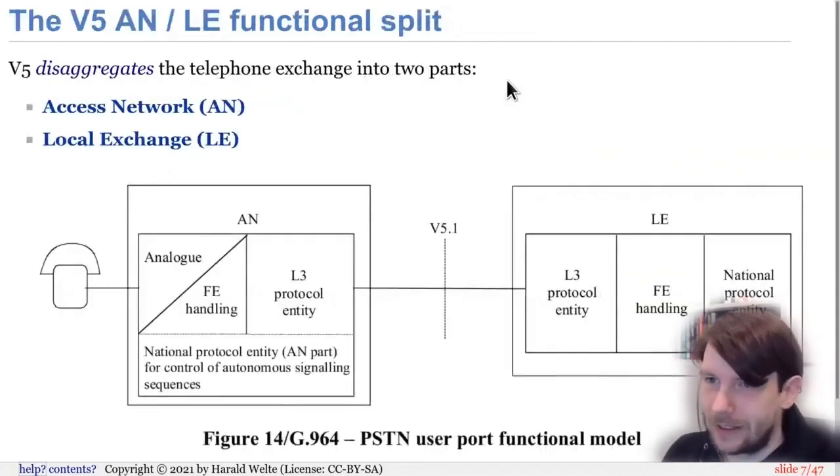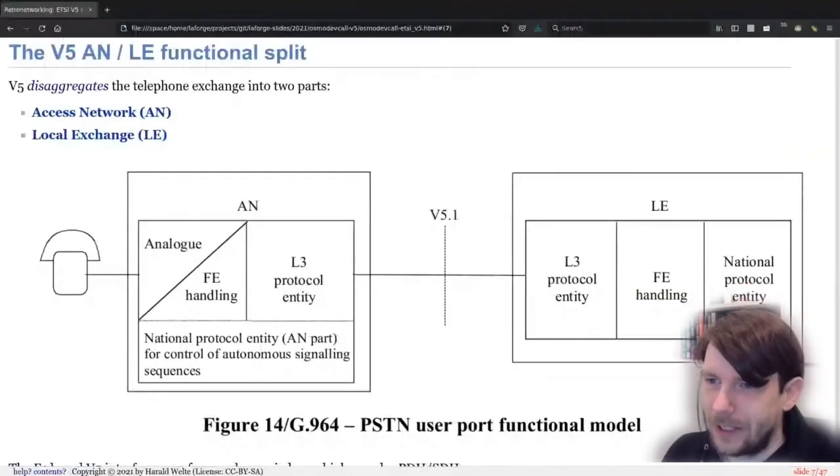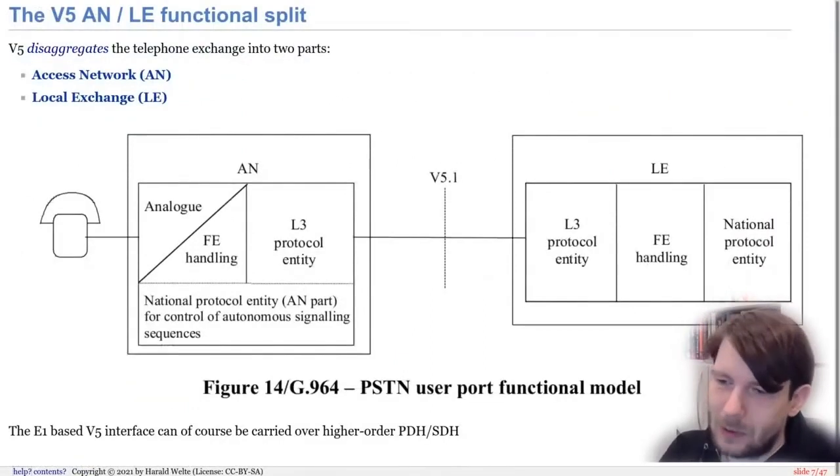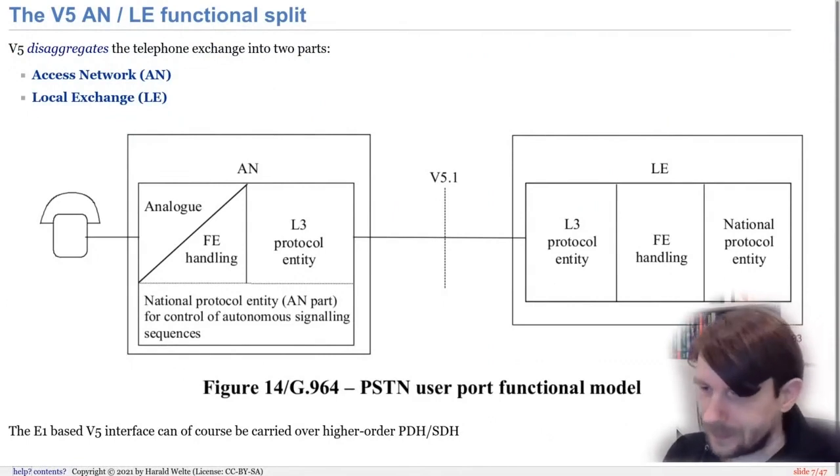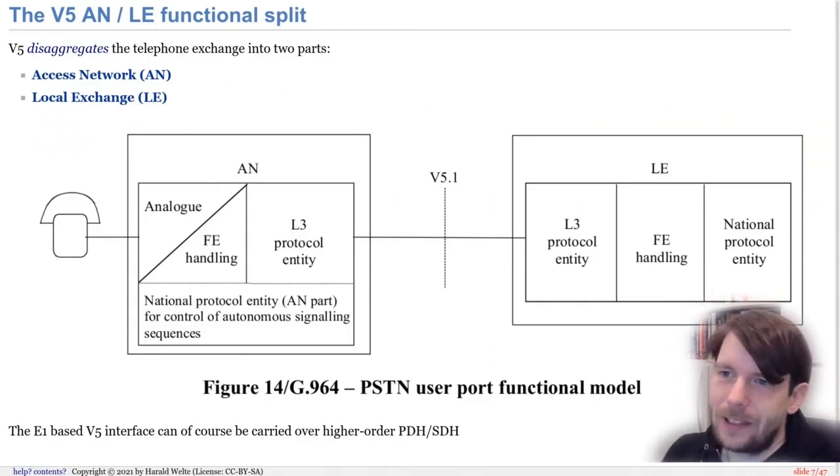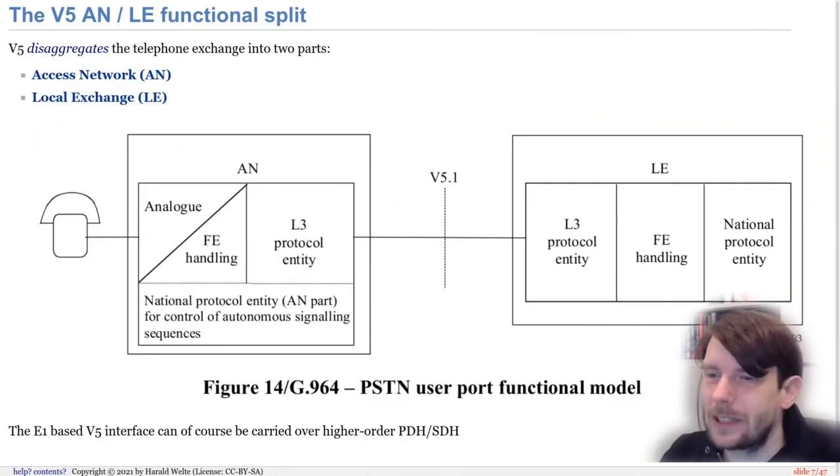So if you look at this in a graphical representation, this is taken straight out of the ITU specification. I think ETSI started with this project, and later ITU also adopted those, so we have both ITU and ETSI specifications. We have the actual telephone at the subscriber. We have the subscriber loop, basically the telephone line. And then we have the AN, the access network. This is what I called the access multiplexer, and in the V5 specification that is called the access network, which